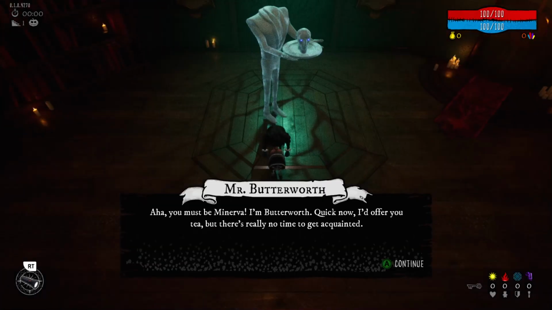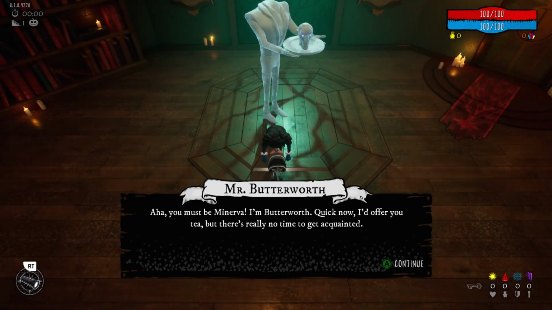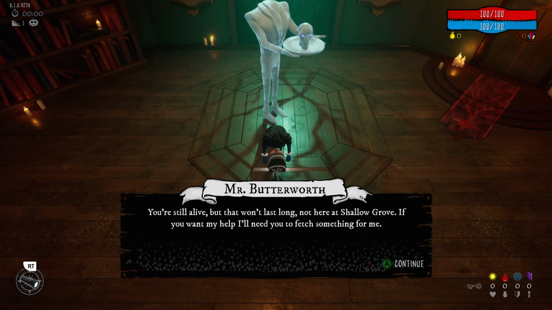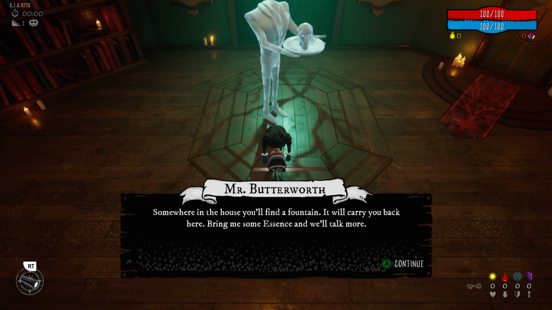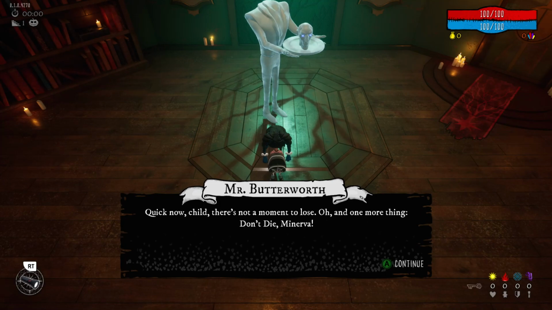Go back to the bus stop. Wait there. Oh. You must be Minerva. I'm Butterworth. Quickly now, I'd offer you tea, but there's really no time to get acquainted. Right, turn around and leave. You're still alive, but that won't last long. Not here at Shallow Grove. If you want my help, I'll need you to fetch something for me. Do you see that elevator? It will take you as far as the house. Far into the house as your skill and courage will bear. Use your flashlight to harvest essence crystals, but beware the master's pets. They detest intruders. Somewhere in the house you'll find a fountain. It will carry you back here. Bring me some essence and then we'll talk more. Quick now, child. There's not...